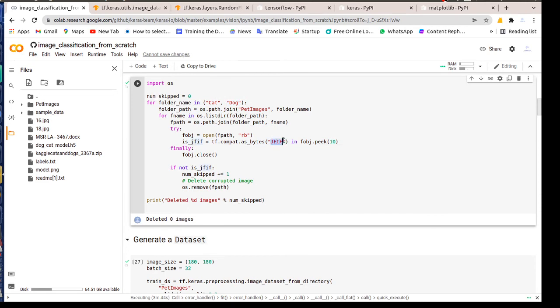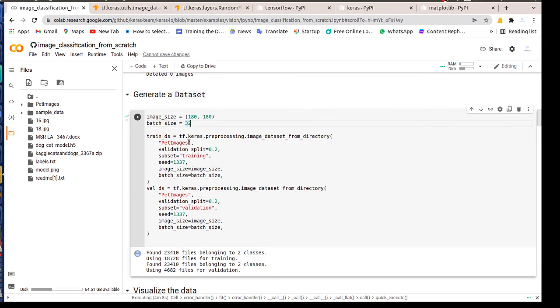If you want to filter out the images, in your case it will almost be PNG or JPG images. Try to apply JPG here. It will filter out any images of a different kind and keep only the particular format, maybe PNG or JPG.